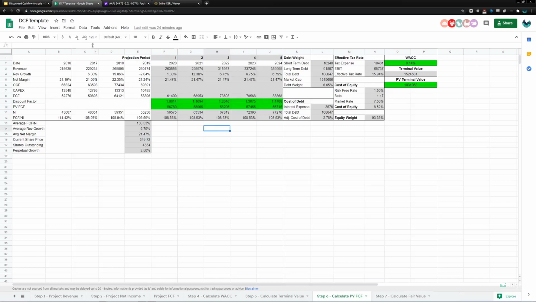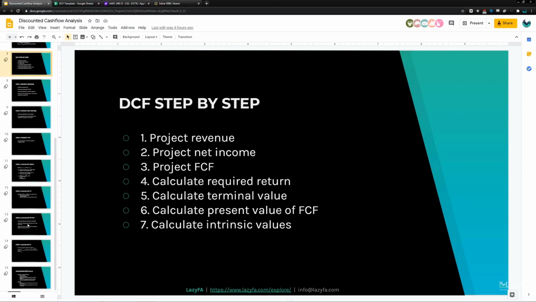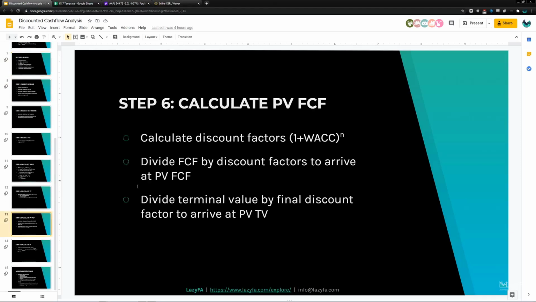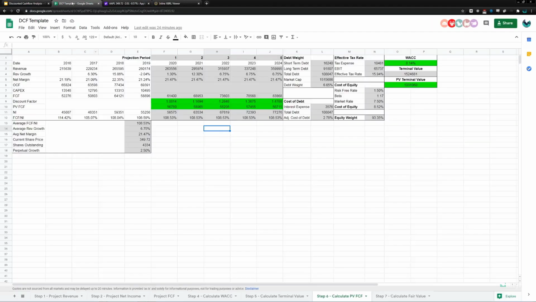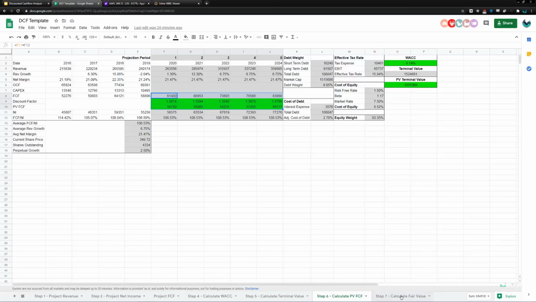And then the final step, which is quite easy, we go all the way down here to step 7. And by the way, I skipped a little bit of detail here. Divide free cash flow by the discount factors in order to arrive at the present value of free cash flow. So that's what this part is right here. So we're just dividing 61.4 by 1.0814 and so on and so forth. So the last step then is to sum all of those up in order to get the intrinsic value of the business. And if you look on step 7,